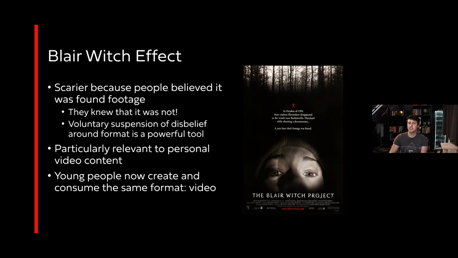This is the first generation, and when I say that, I basically mean if you're under 30, which I'm not anymore. This is the first generation where people are creating and consuming the same format for the first time. The majority of the stuff they create and the majority of the stuff they consume is the same, which is video. If I were to ask people here, when in the past 2 weeks have you made a video on your phone or with a camera? And that includes Snapchat, Instagram, WhatsApp, whatever. I would bet that the majority of people here would say, yeah, I have in the past 2 weeks.